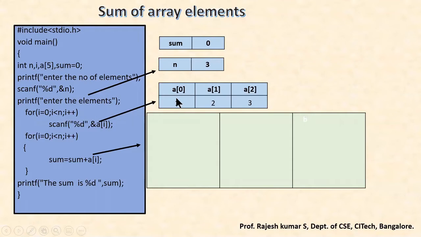Now, in order to find the sum of array elements, we have to add 1 plus 2 plus 3. In order to do this, we have to traverse inside the array. First, we have to enter into the array. We should access this particular location, and later we should access this location and this location. So when I'm accessing one particular location, what I'll be doing, that's what I'll be talking about now.